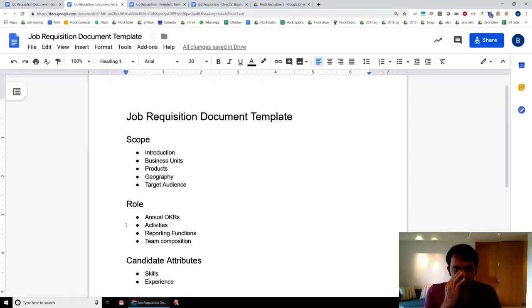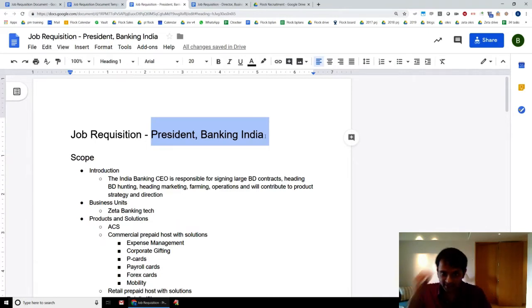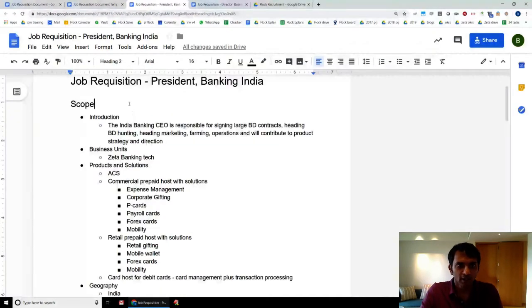So it'll be much easier if I actually show you an example, because each of these sections further comprises various subsections. Let's take a look at a job requisition document that we created internally, the JRD for a president of banking in India. Zeta provides various solutions to banks. We're looking to hire somebody who can be responsible for